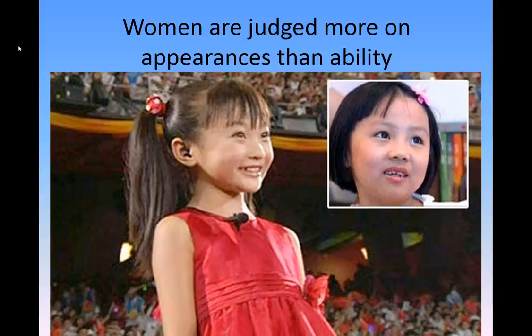Here's a little background. In 2008, in the Summer Olympics, China was hosting it, and they conducted a nationwide talent competition because they wanted a little girl to sing, I believe, the national anthem. And they picked this little girl in the box who, like a week before, the Chinese communist officials said, "We can't do this, she's too ugly." And so they got this girl to lip sync. So they put her behind some closed door, and she sang. So the girl who isn't as attractive, she did the singing, but then this one and you can see